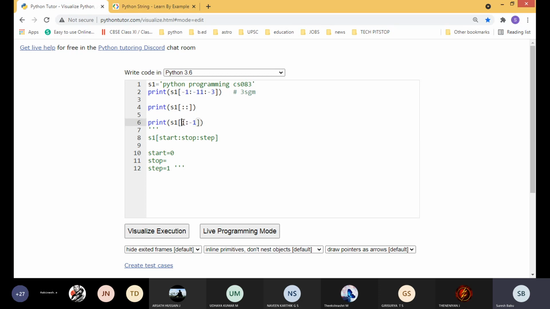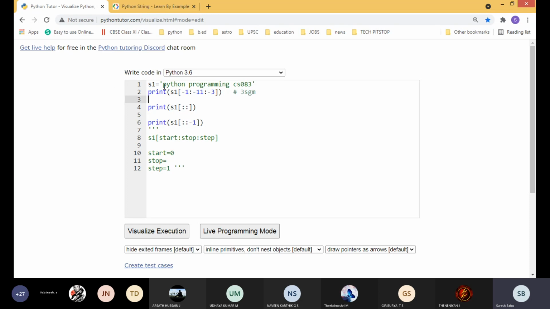Now what will the start value be? If I give 0 here, and the last value, 0 minus 1, means it will go in reverse.